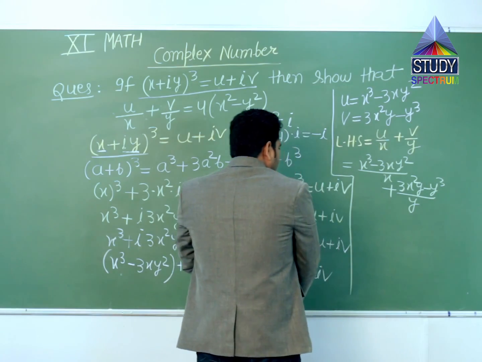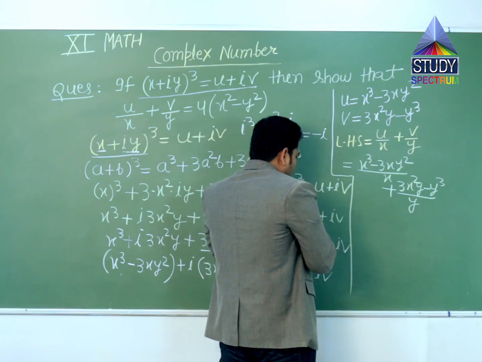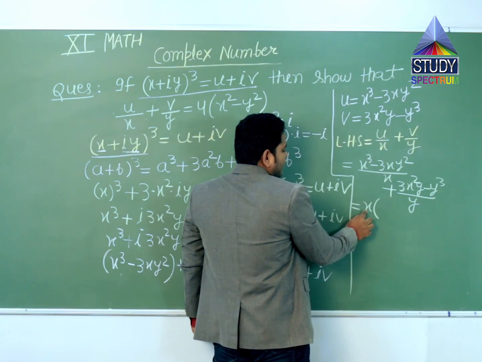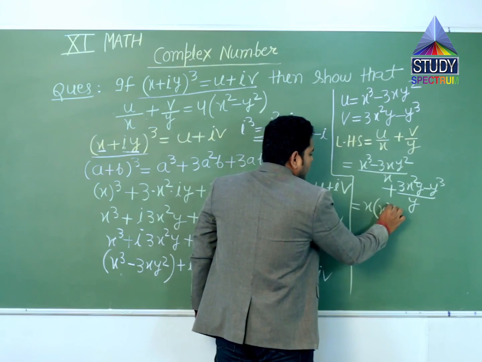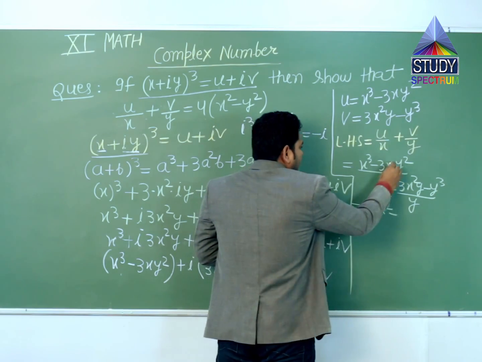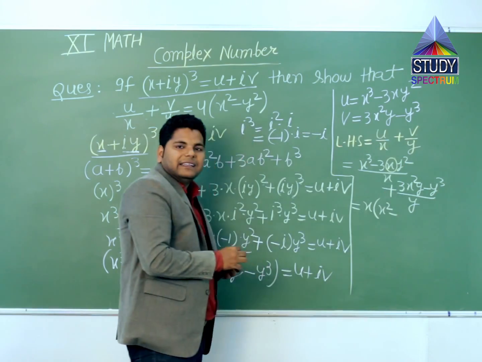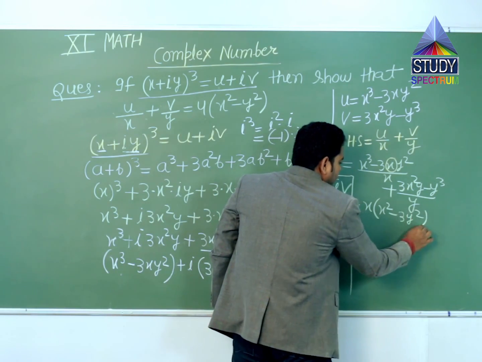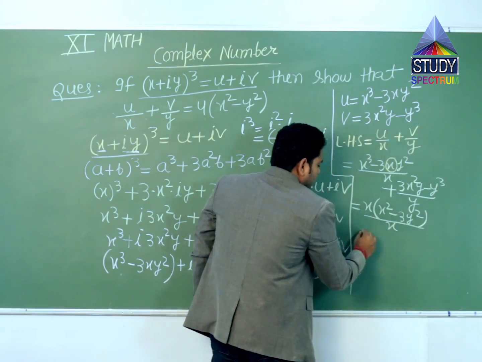So when you take x common from the numerator, it will be x square minus, we have taken this x as common, so we are left with minus 3y square upon x plus,